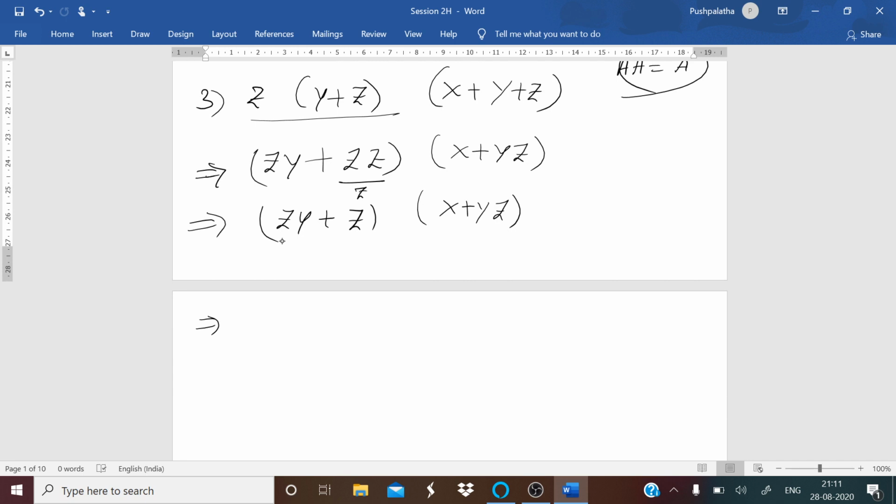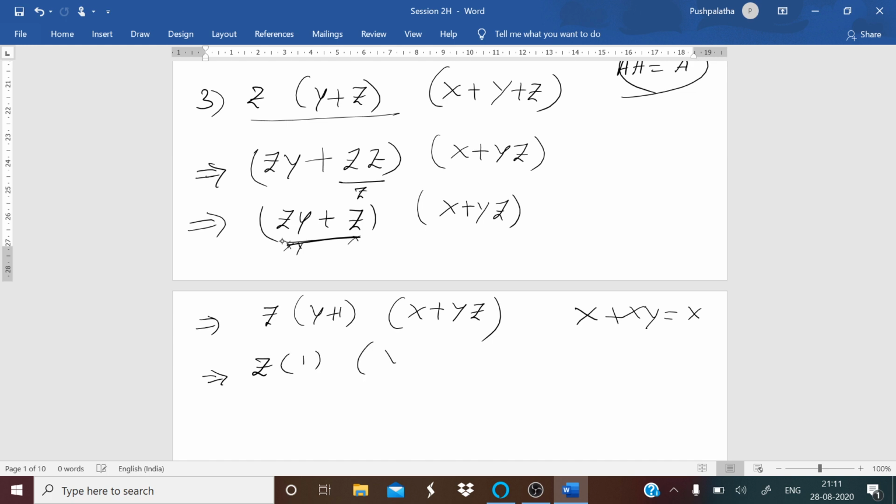Zy plus z is similar to x plus xy equals x. You have the absorption law. In the same way, this is in the form of x plus xy. If you have got a confusion, you can take the common factor also. Both have common z, so z into y plus 1 into x plus yz. So this becomes z, y plus 1 is 1, into x plus yz. Right. So now this is z into x plus